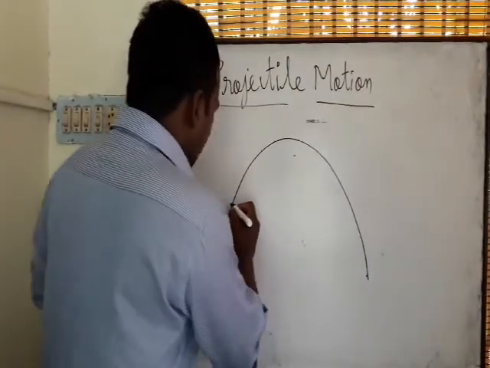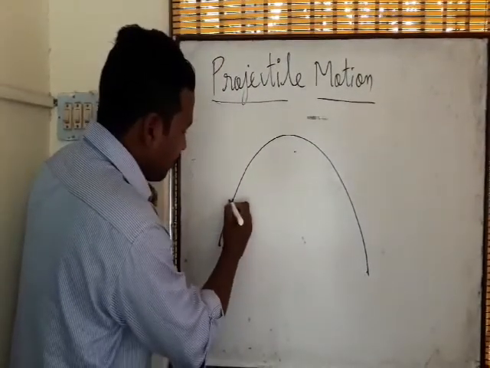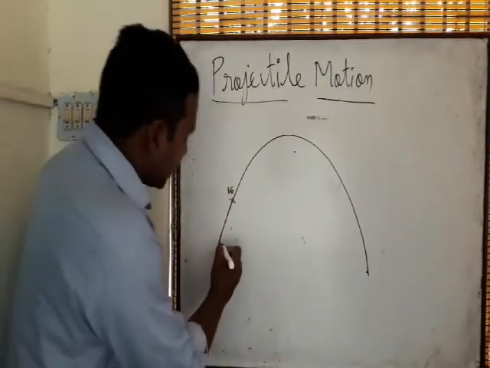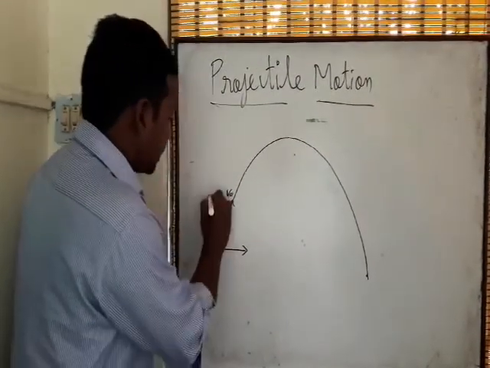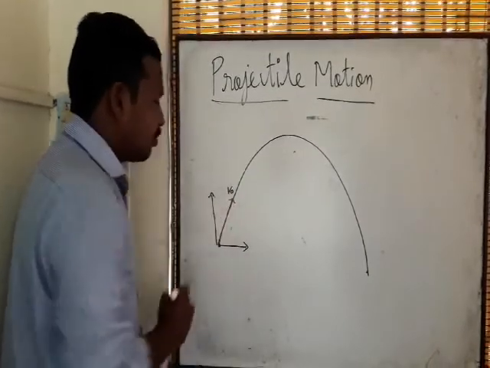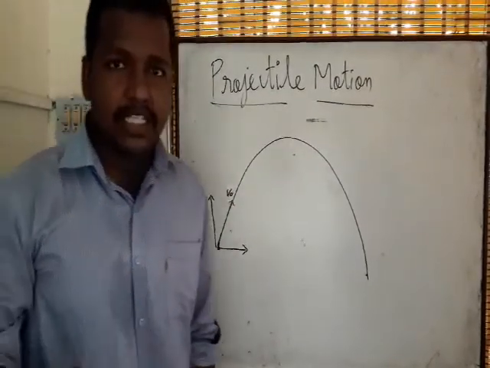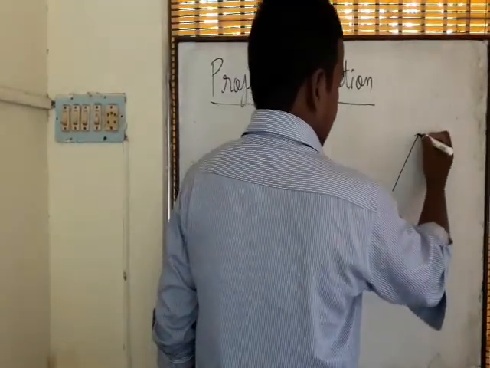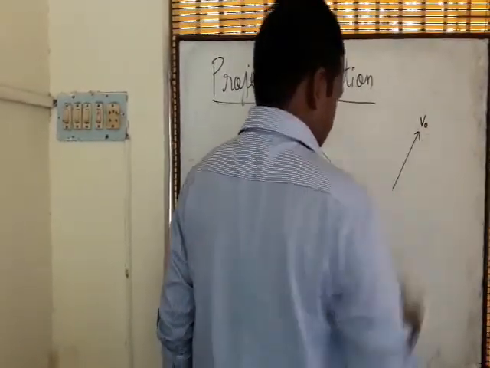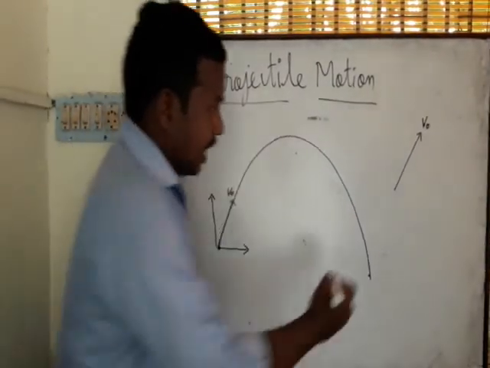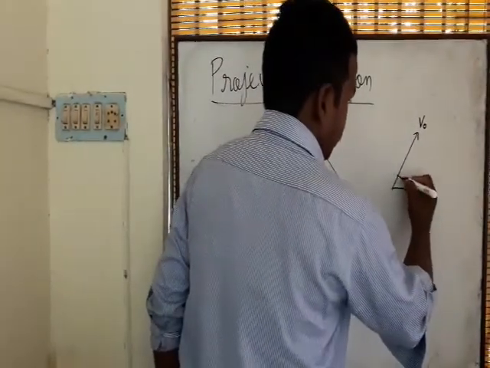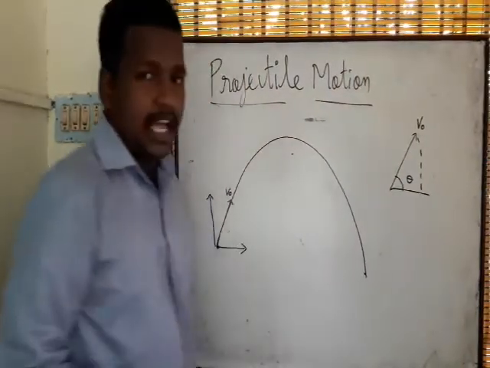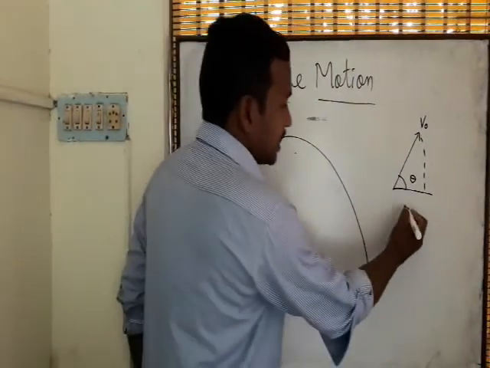So the object is thrown with a velocity of v0 at some angle. First we should find the velocity on the x-axis and the velocity on the y-axis. The object is thrown diagonally this side with the velocity v0 at the angle theta. I have taken this as a triangle, that means the adjacent side of the triangle will be